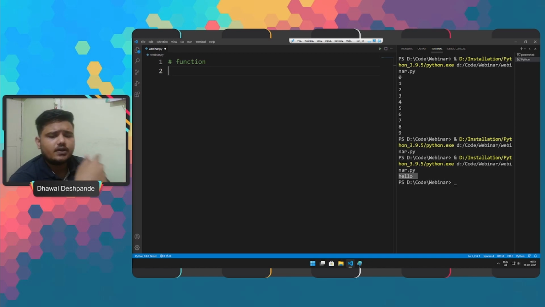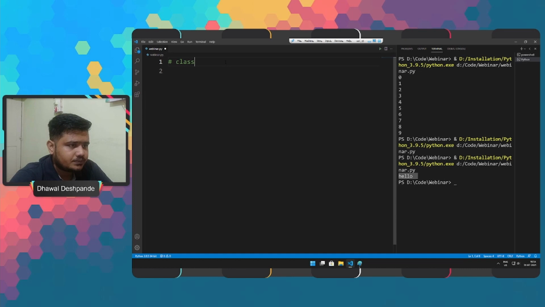So when we talk about classes and objects, we create a class, then we create an object, and after that we use that particular object to access all the variables, functions, or any logic that we have assigned to that particular class, right?